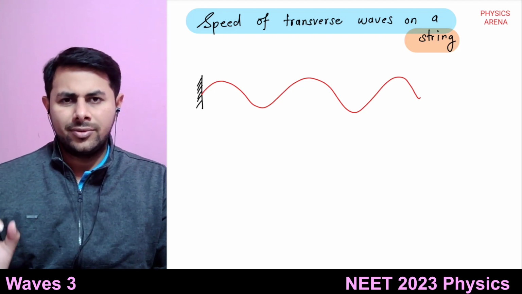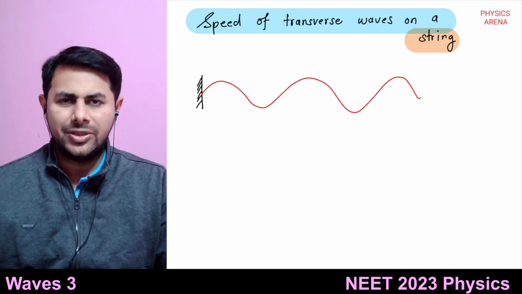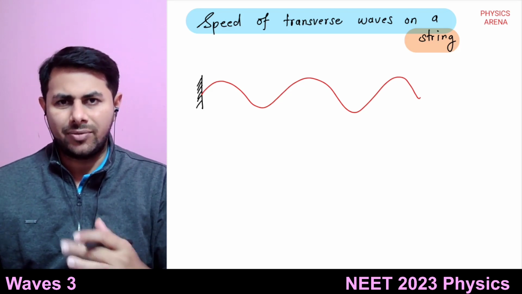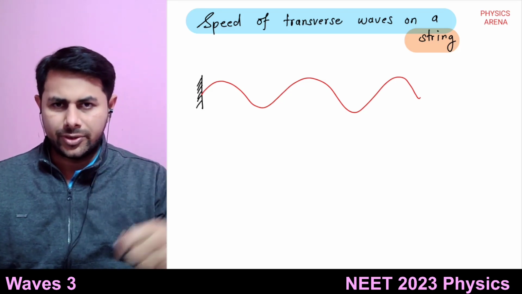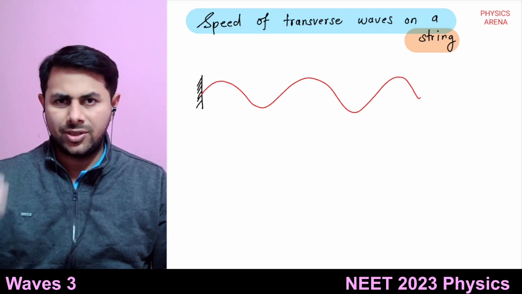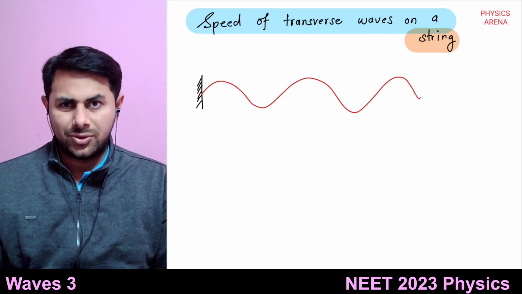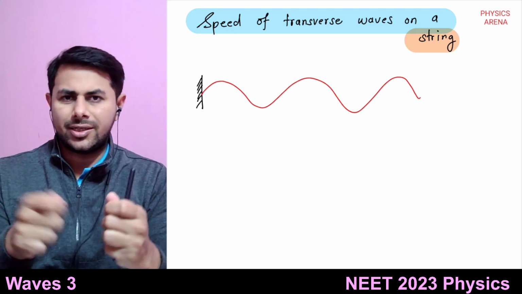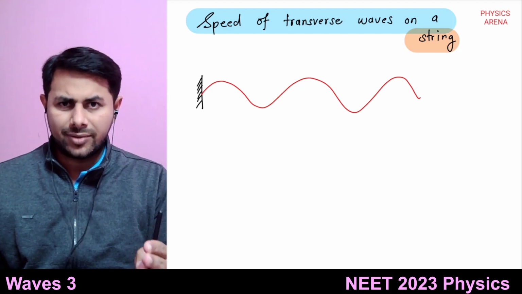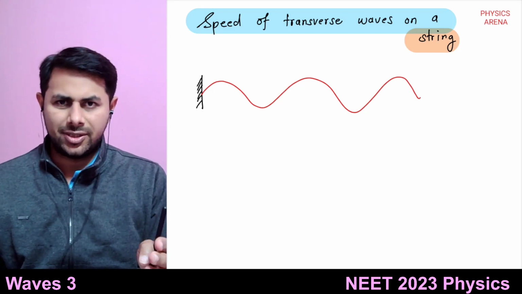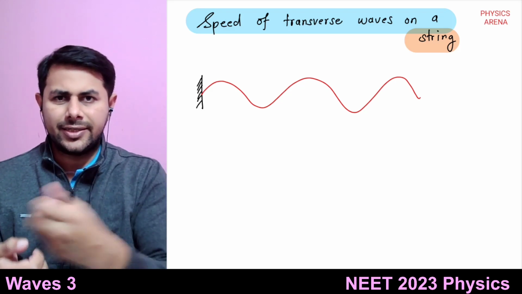So how do we find the inertia? The factor which determines the inertia of a string is not mass, it is mass per unit length. There is the external force that you are applying, which gives vibrations to the string. These vibrations travel through the string because of the internal restoring force that is generated, because one particle is connected to another particle, which is connected to another particle. The tension that develops in the string gives rise to the transfer of energy from particle to particle. It's because of the bonds between the particles that energy gets transferred.